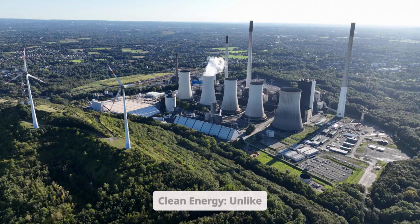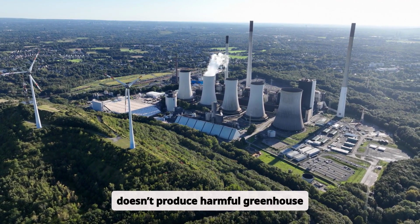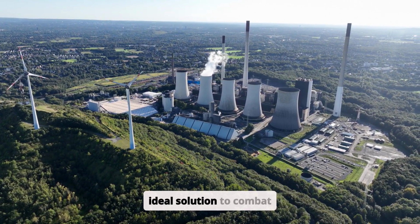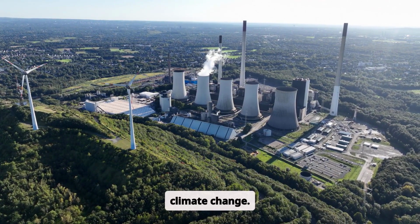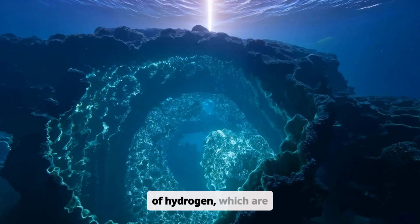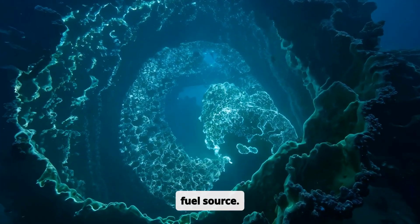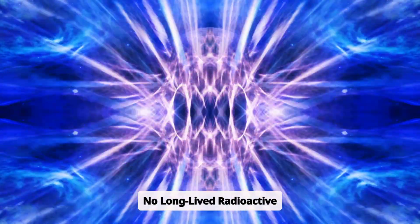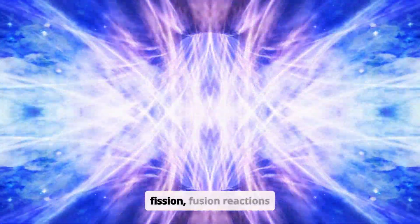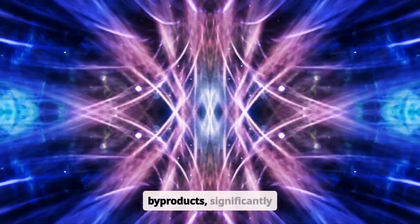Fusion has the potential to solve some of humanity's most pressing energy and environmental challenges. Clean energy: unlike fossil fuels, fusion doesn't produce harmful greenhouse gas emissions, making it an ideal solution to combat climate change. Infinite fuel supply: fusion relies on isotopes of hydrogen, which are abundant on Earth and in seawater, ensuring a virtually limitless fuel source. No long-lived radioactive waste: unlike nuclear fission, fusion reactions do not generate dangerous, long-lived radioactive byproducts,